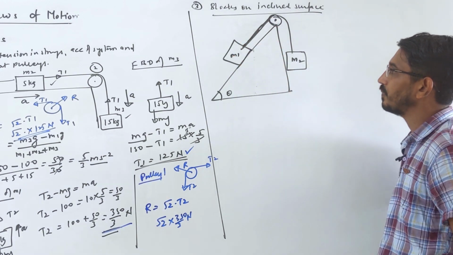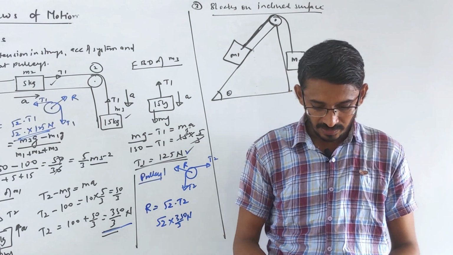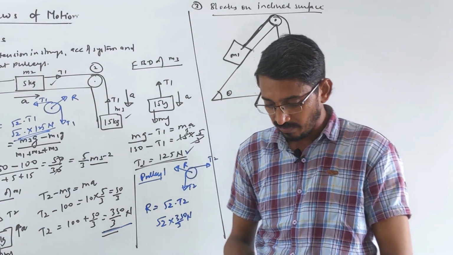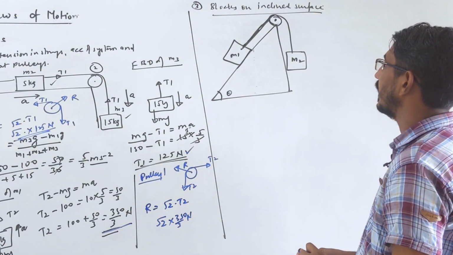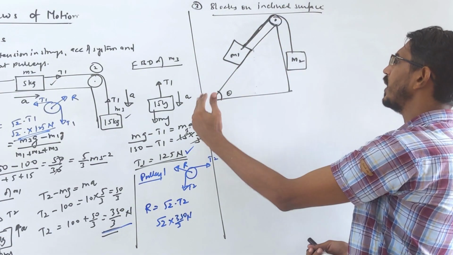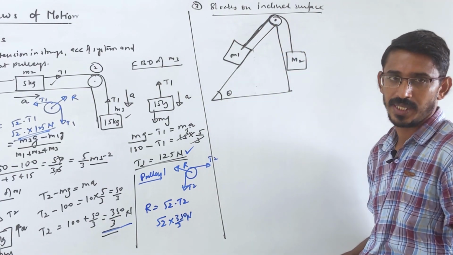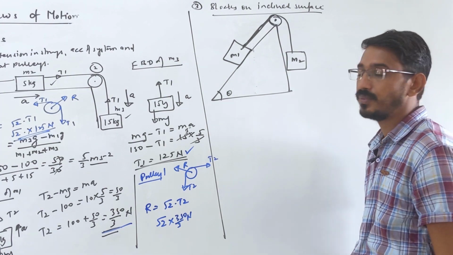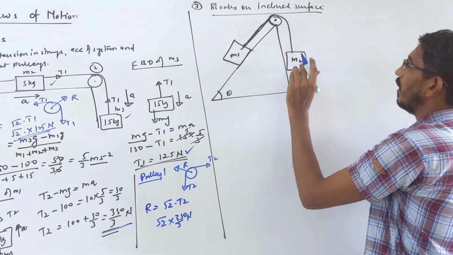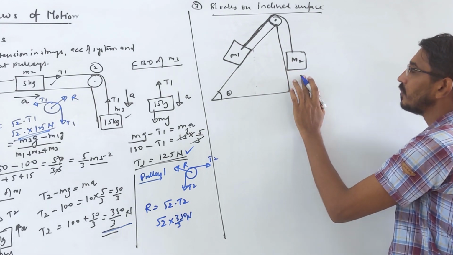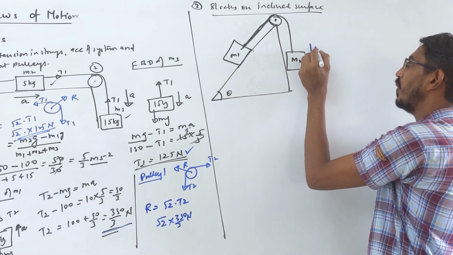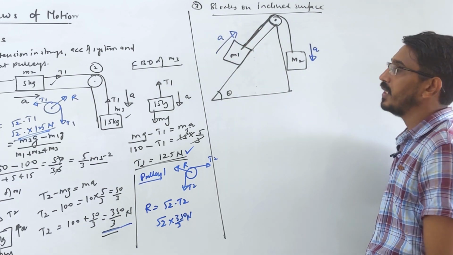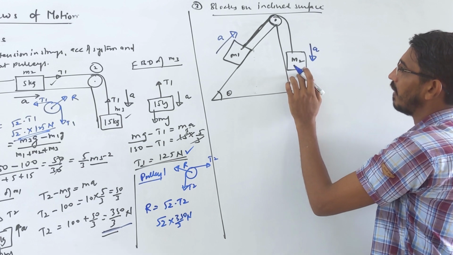The question remains the same: calculate the acceleration of the system, calculate the tension in the strings, calculate the reaction at the pulley. So the same procedure you have to follow, FBDs. Look here, first, who is moving down and who is moving up, that you have to see. Here the masses may be equal, still they move up and down. So it depends on what. Suppose I am moving down with acceleration A, then this moves upward with acceleration A. How? This will move down only if, what will happen,